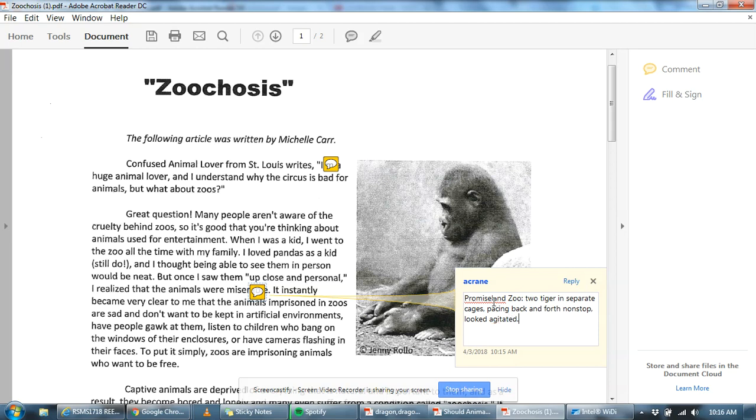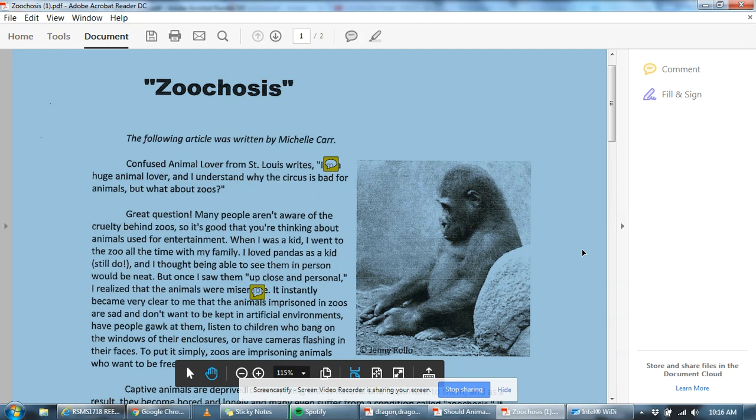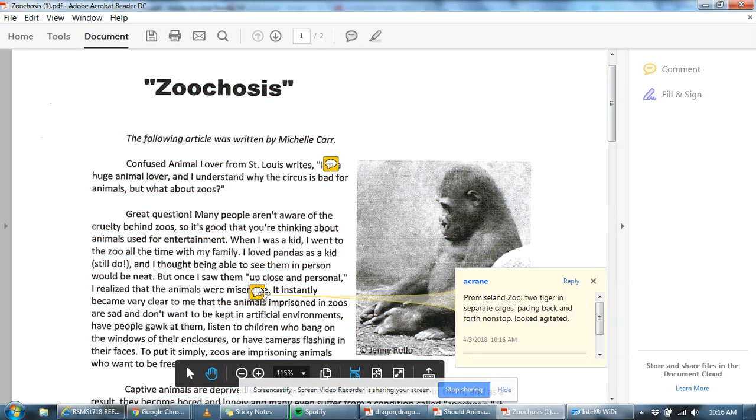So my connection to that is, yes, I've seen miserable looking animals before in a zoo type of setting. So I would just want to record that, and there it is, opened up for me to see when I want to go back and take a look at it. Remember, if you review the directions like I asked you to, you're to have about 7